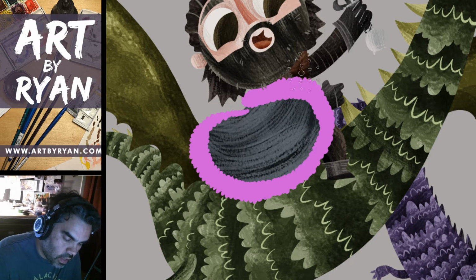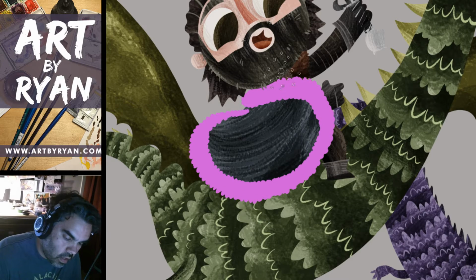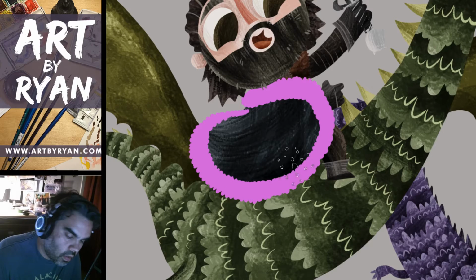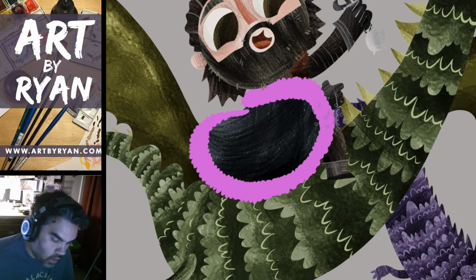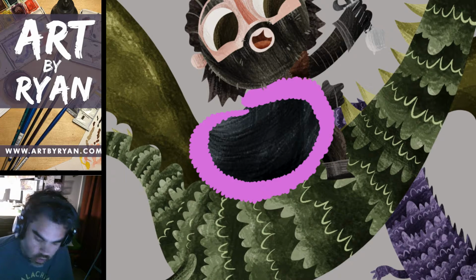Try to paint in the same way the fabric would lay, kind of. Sometimes I'll do it like that just to put a texture, but for the most part. And then this stuff is